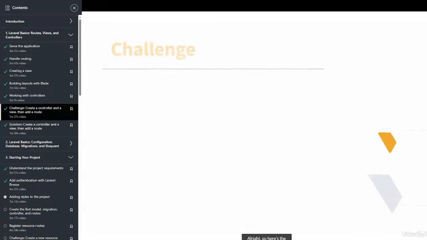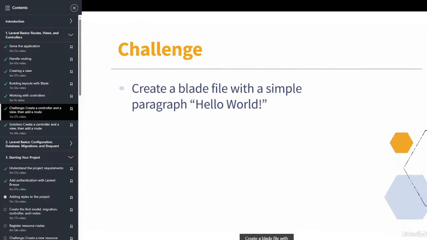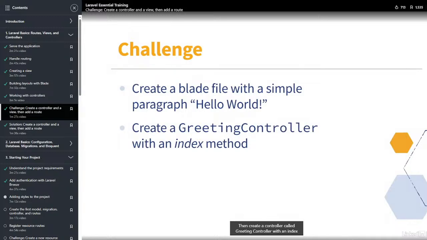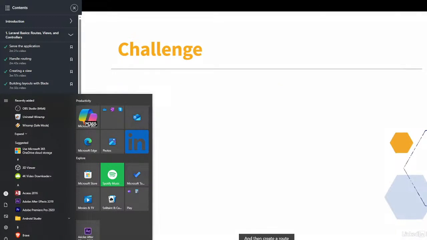Alright, so here's the first challenge. Create a Blade file with a simple paragraph, hello world. Then create a controller called GreetingController with an index method that renders this Blade view you just created. And then create a